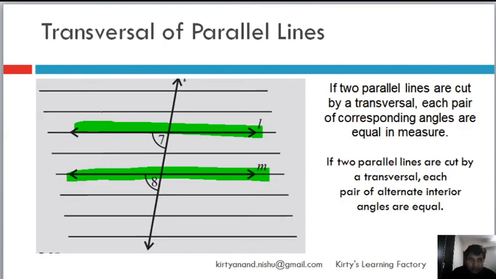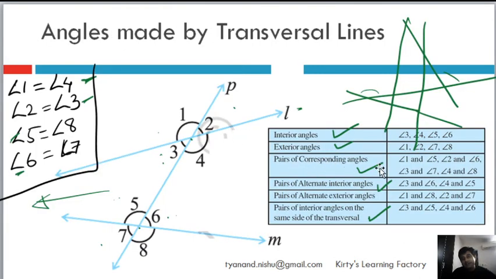So let me quickly label the angles. This is angle 7, this angle is angle 1, this is angle 2, and this is angle 3. So angles 1, 7, 2, 3 are interior angles. Let's call this angle 4, this angle 5, and this angle 6. Now 1, 7, 2, 3 are interior angles. 4 and 3 will be corresponding angles, similarly 5 and 2 will be corresponding angles. Let's go here and see corresponding angles.